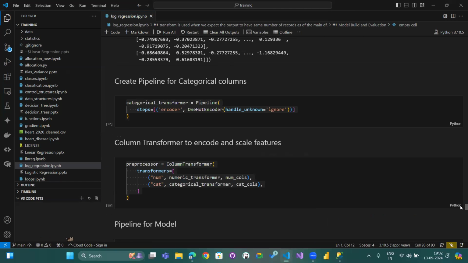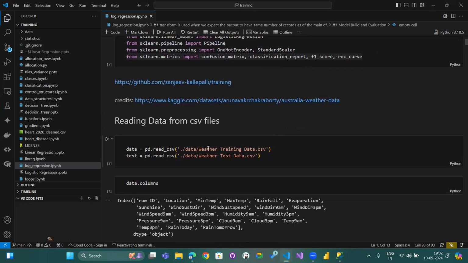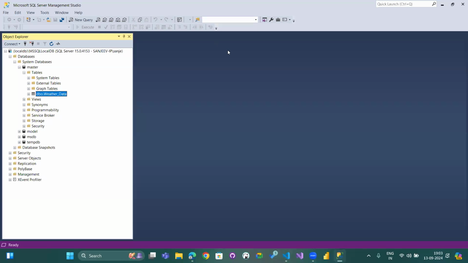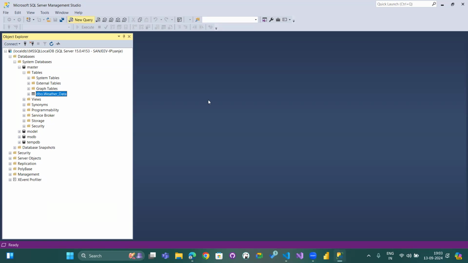and we took our data from weather training.data.csv as well as weather test data.csv. So what I did was the CSV file which you see, I kept it in a DB table. Now this is my local server, the Microsoft SQL server, and I created one table dbo.weather data, and I can show you. You can say new query,